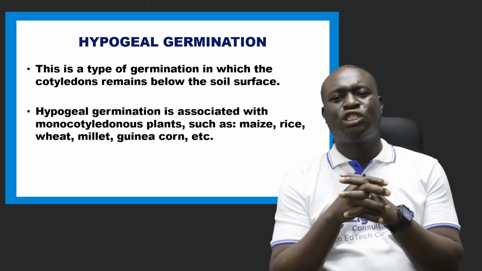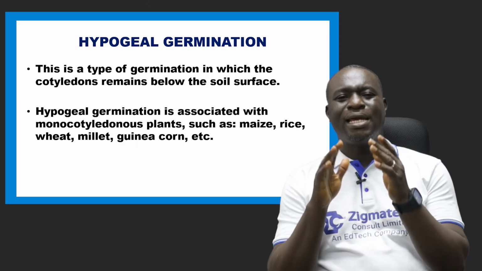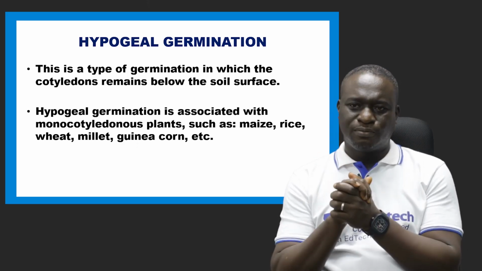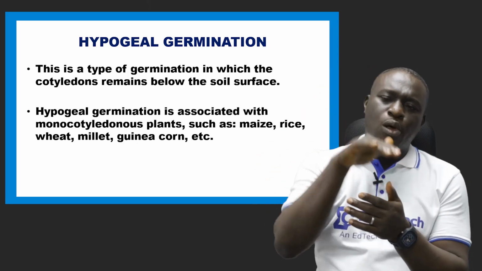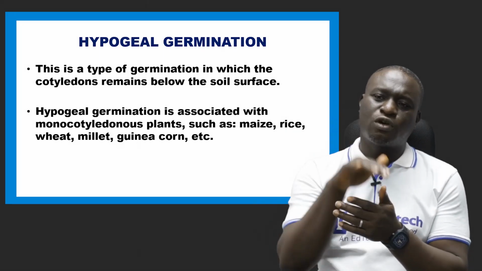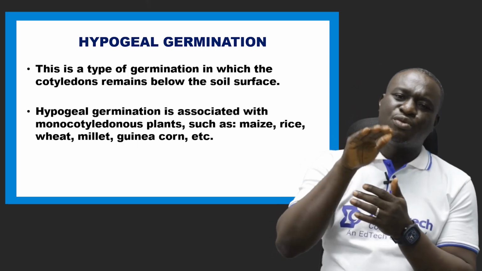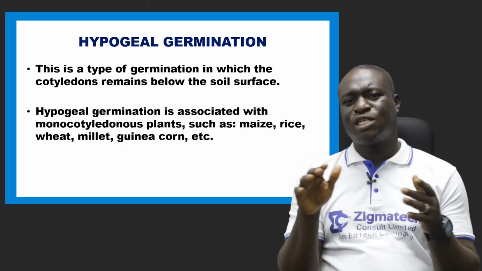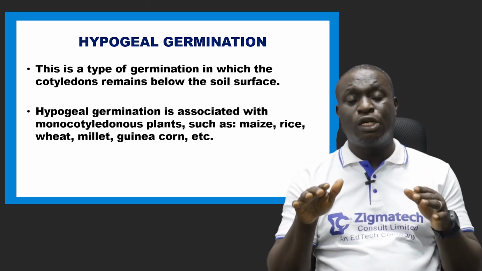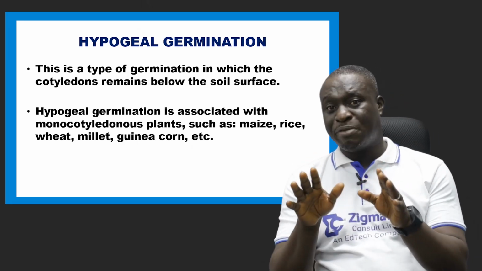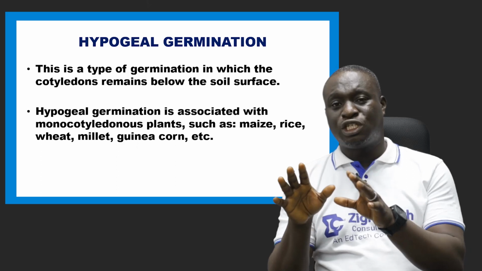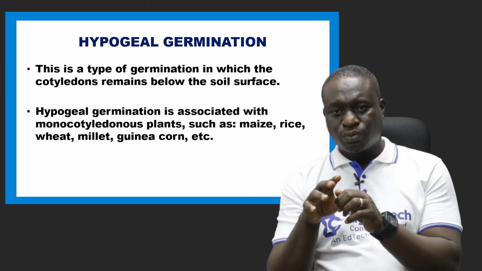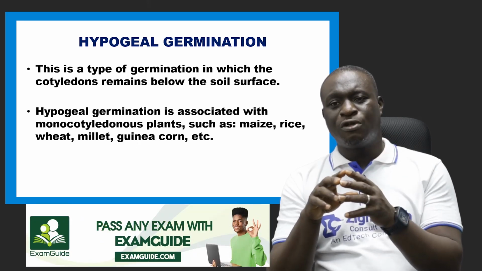Hypogeal germination is a type of germination in which the cotyledon remains below the soil surface. The cotyledon remains below the soil surface. So that is what happens. Now, we will be briefly talking about the hypogeal germination process, how it happens. Now, number two, examples of